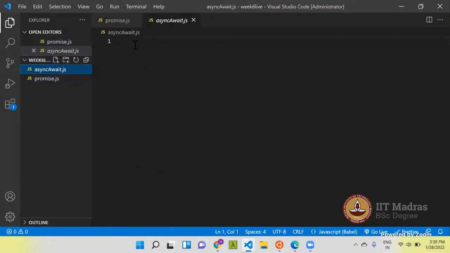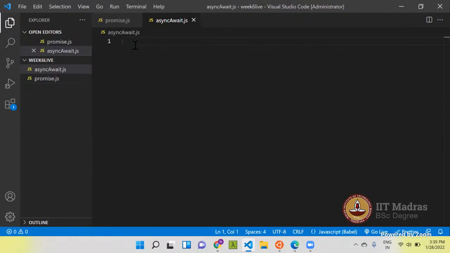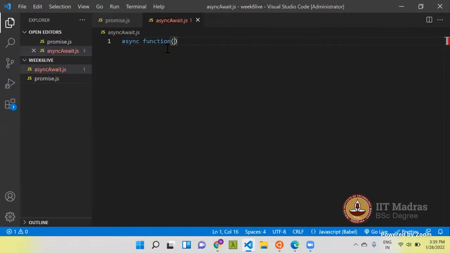So we'll start with async await now. Let's first make a function, const, async function, and return 1.